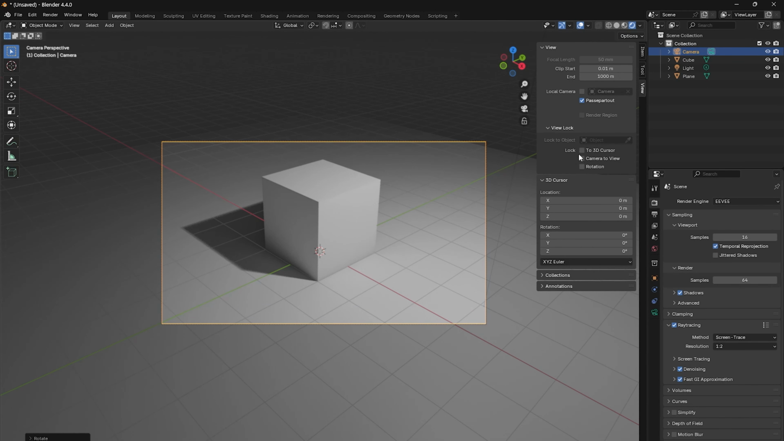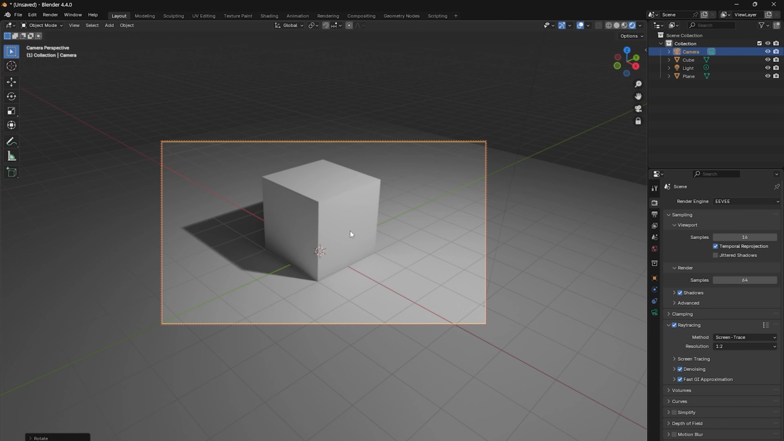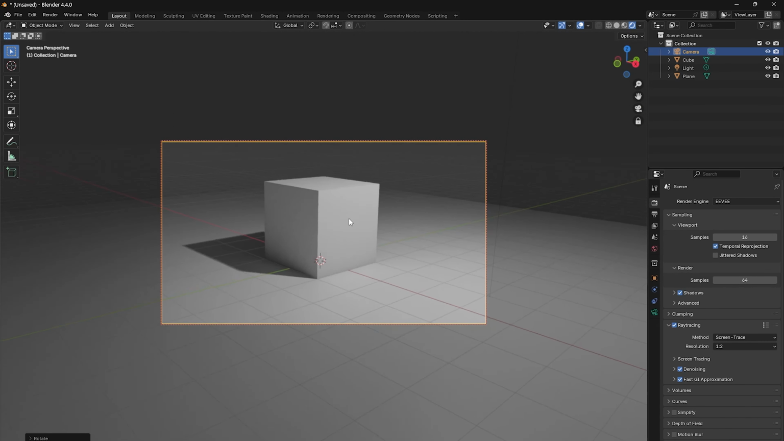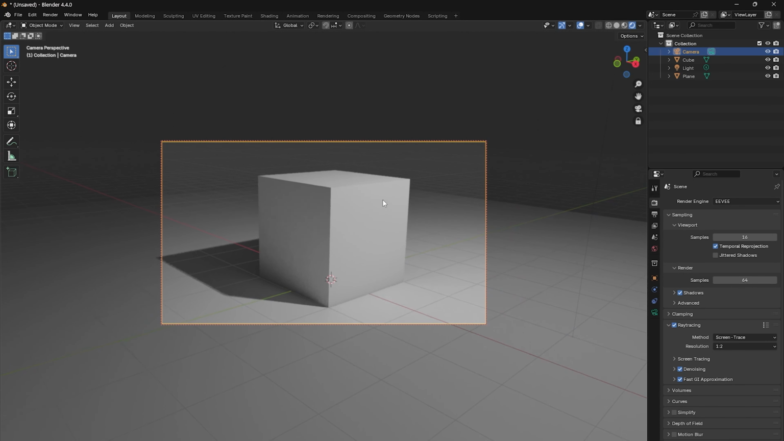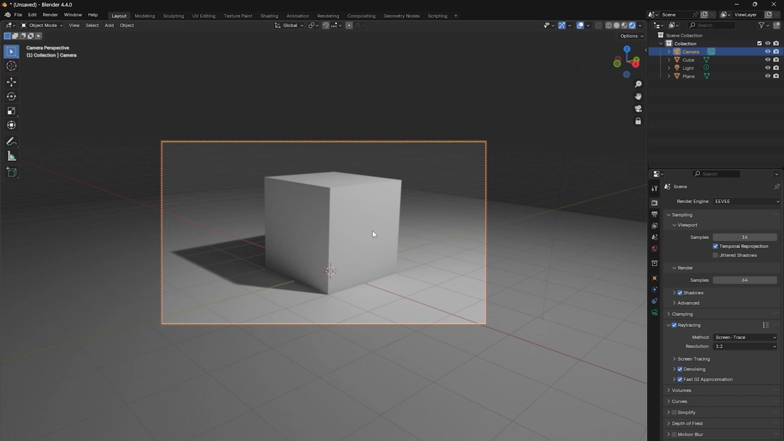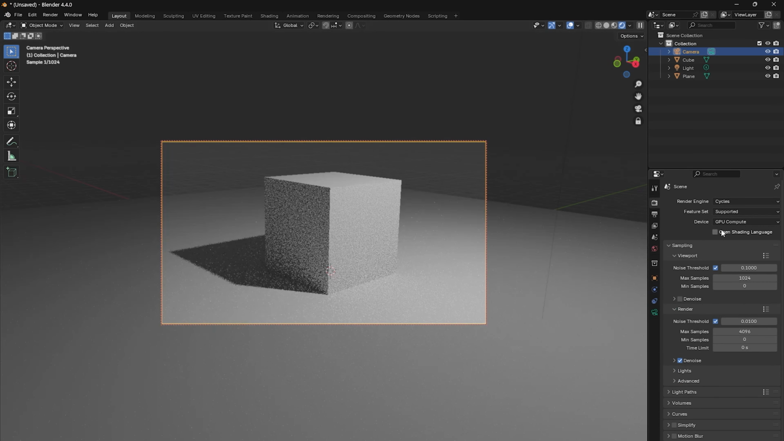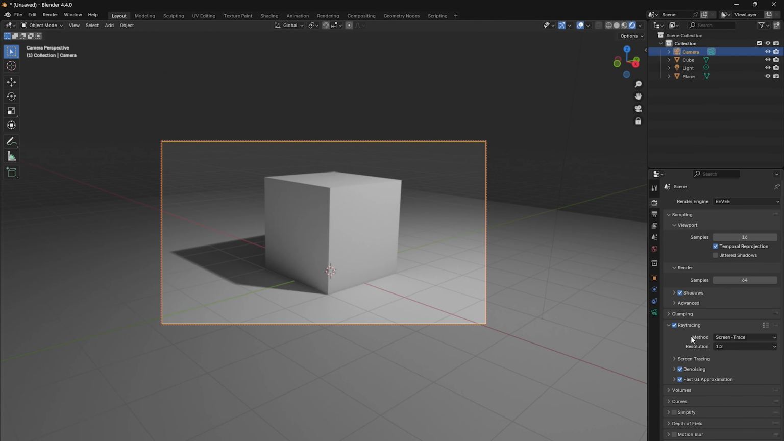Okay, so that we test both the Eevee without ray tracing, Eevee with ray tracing, and then cycles. See the difference. Okay, so let's start with Eevee without ray tracing, and then I'm going to hit render, which